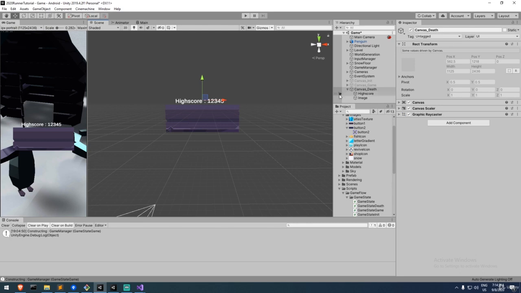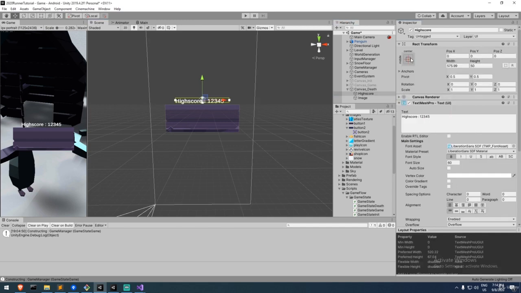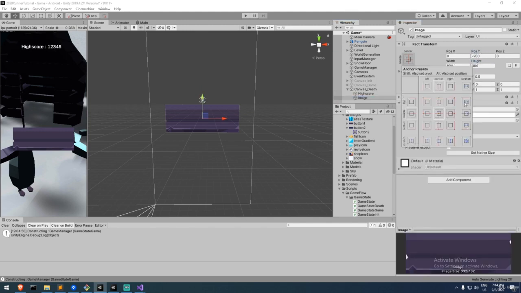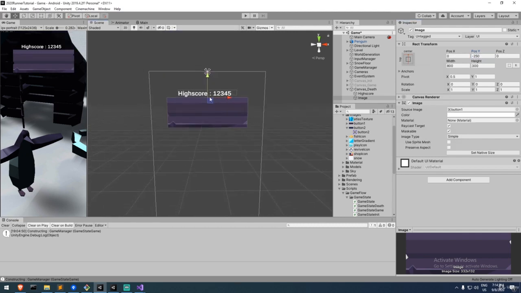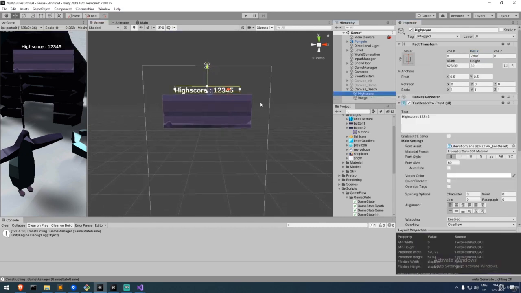So what we could do, we could take the high score, say, hey, you have an anchor at the top. You're going to be at minus 200, and you have 15 height. So this image is going to also be anchored at the top, 250. And this, actually, let me fix that, 250. And we can go down like that and just keep remembering. But then if we decide to make this a tad smaller, then it just messes up everything else,